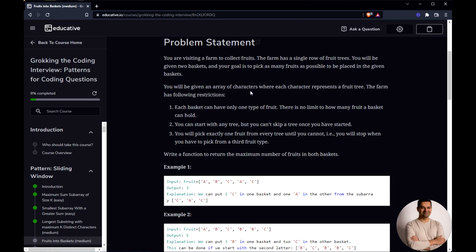The farm has the following restrictions. Each basket can have only one type of fruit. There is no limit to how many fruit a basket can hold. So it is important to note that each basket can only have one type of fruit, and if we have 2 baskets, it would mean that we can at most have 2 distinct